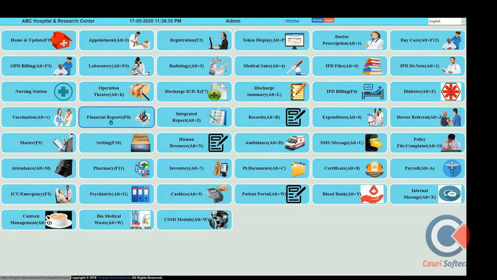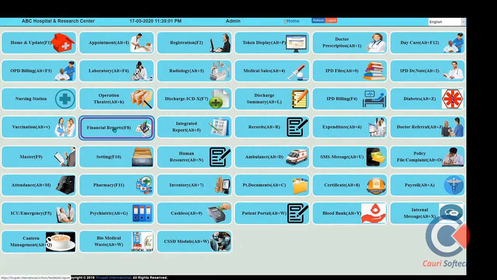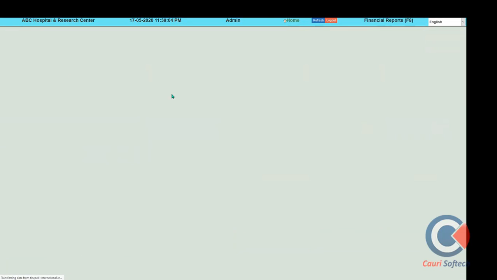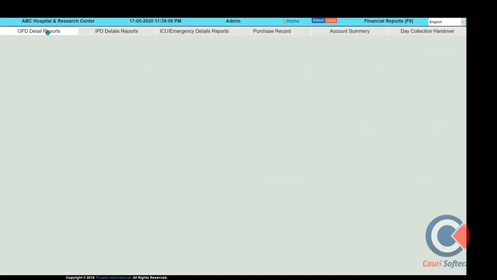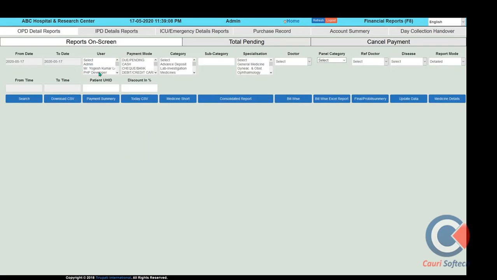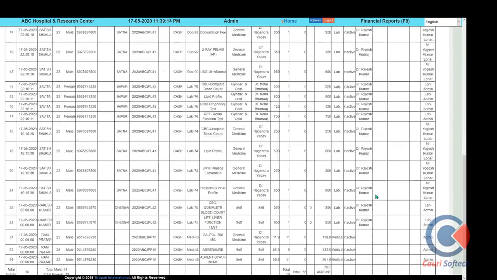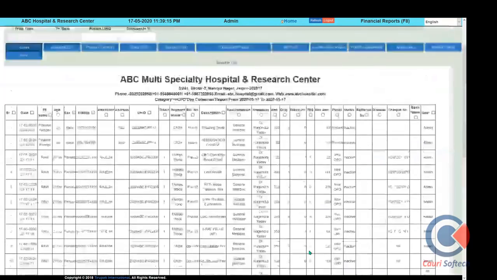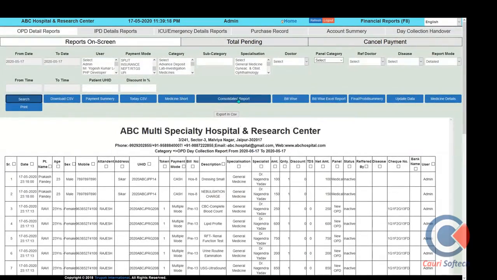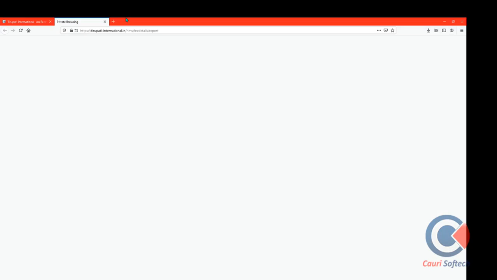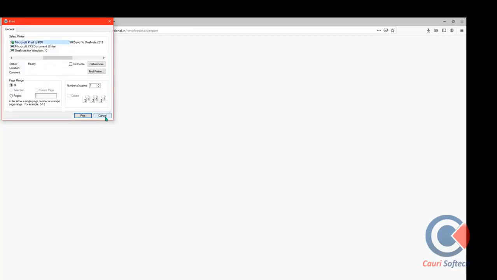In the management system, after completing the day-to-day work, the user wants to know the day collection and finance report information. The administration has more than 500 reports in the software for OPD and IPD, with access control of transaction entry, user-wise and payment-wise. There are different filters you can apply to get the required information and the transaction record here, and the same information can be accessed as a consolidated report as well as a bill-wise report, and different reports can be accessed as required.